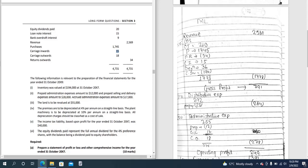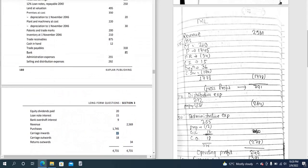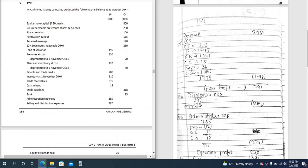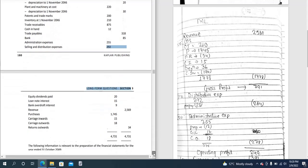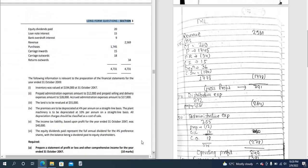And now we will minus this cost of sales from our revenue, and we will get our gross profit, that is 791. So now we will subtract distribution expense. We have been given some distribution expense in our trial balance. So here it is 292, as well as some more information related to the selling and distribution expense has been provided in the additional information, that is